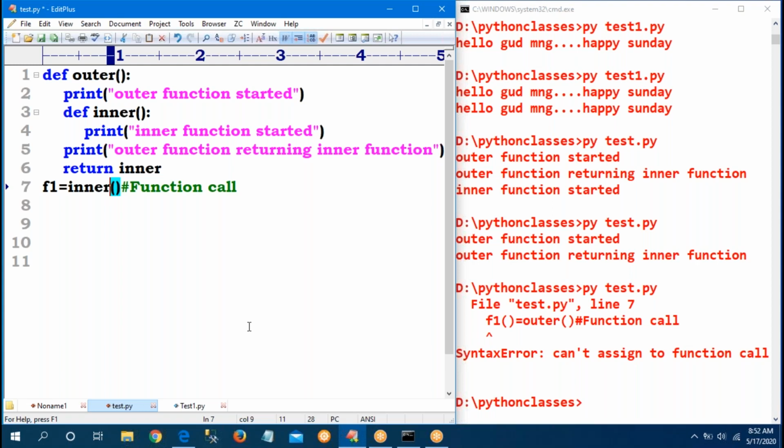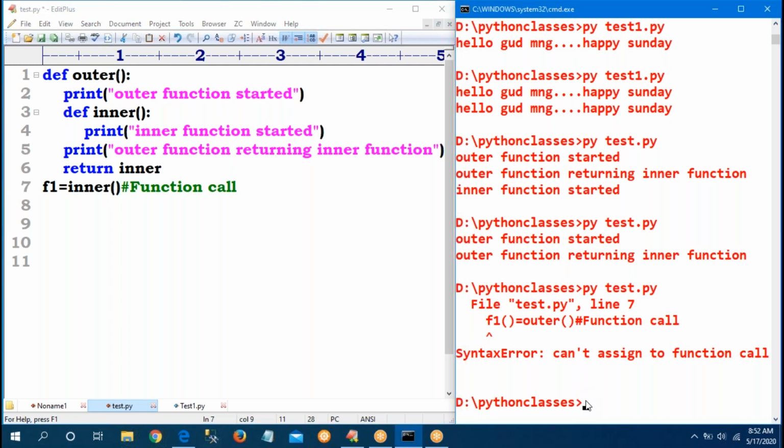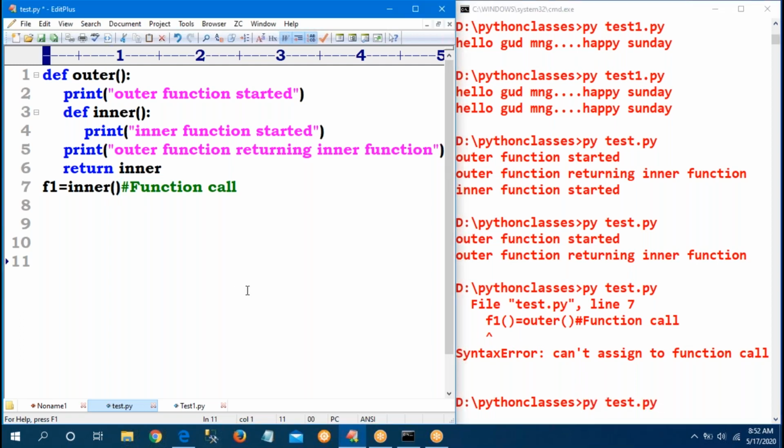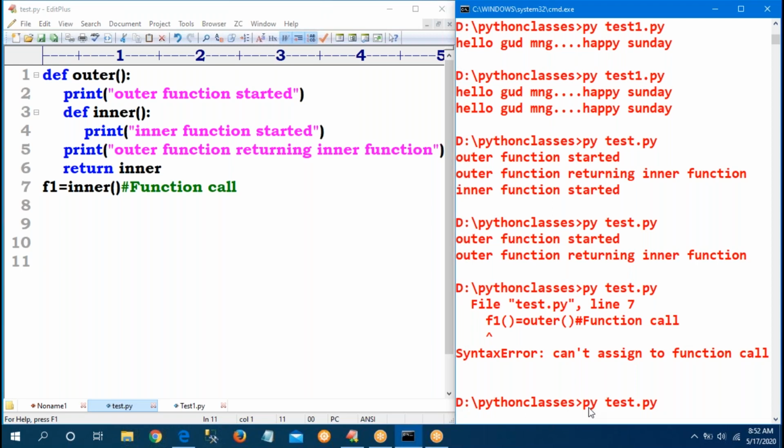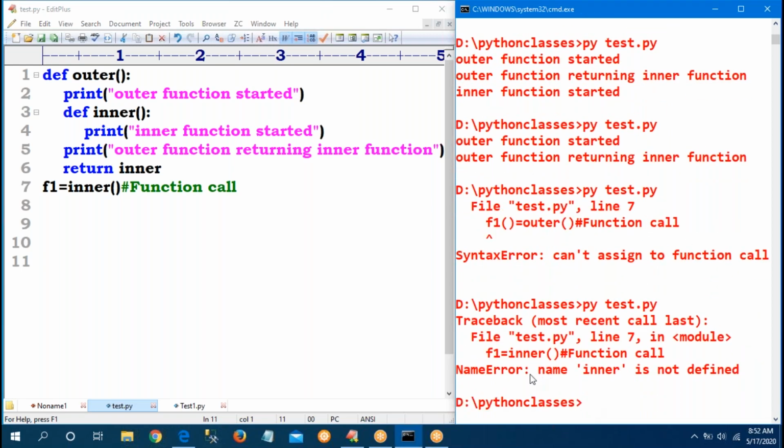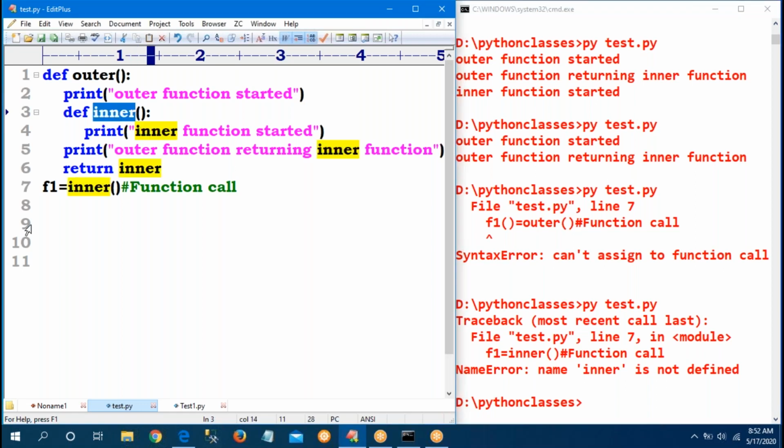No chance. Inside only you can call that inner function, within the function definition. If you want, run this. First save this. See, error, because of inner function, no chance outside the definition.